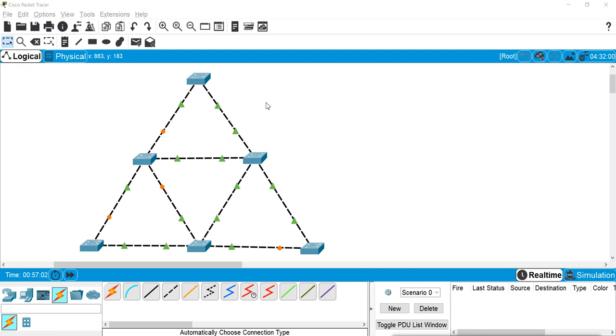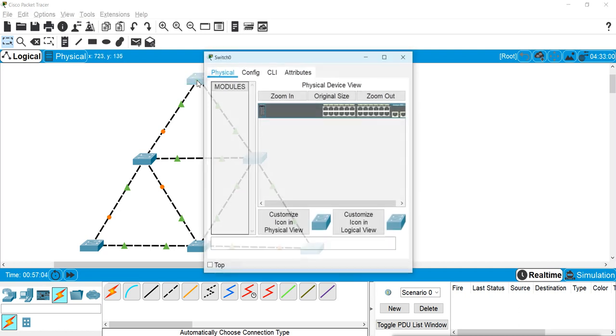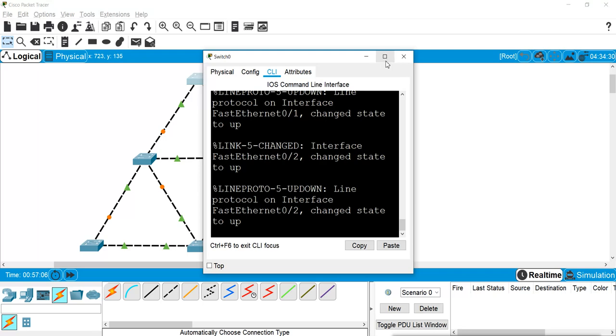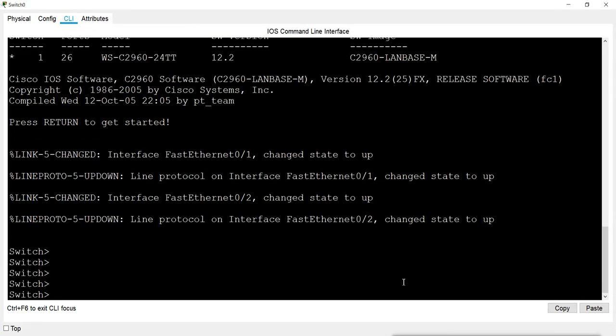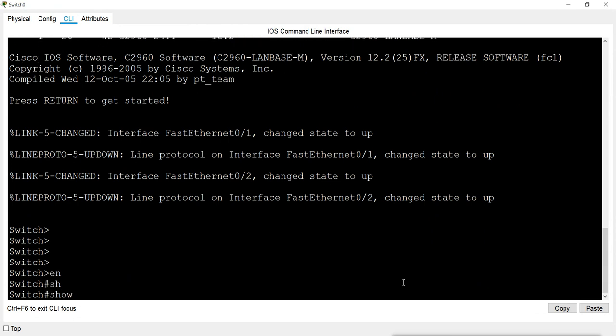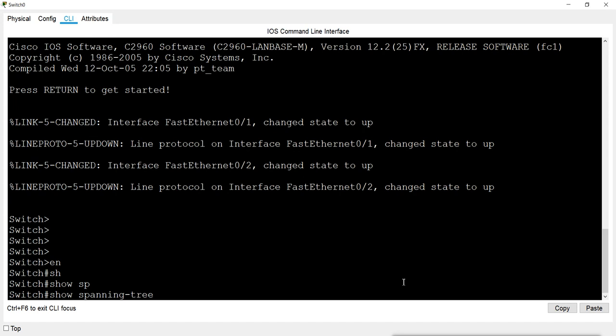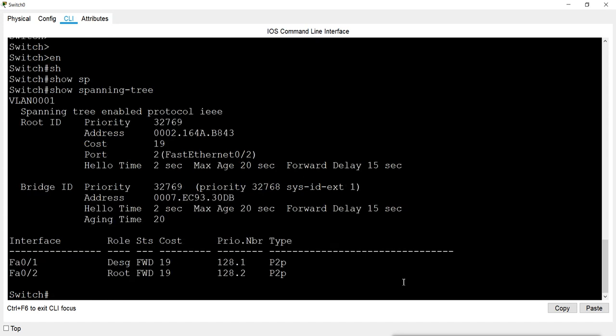So I'll go to this switch first, go to the CMD here, and in privilege mode run the show spanning-tree command, and it will show me the information about spanning tree.